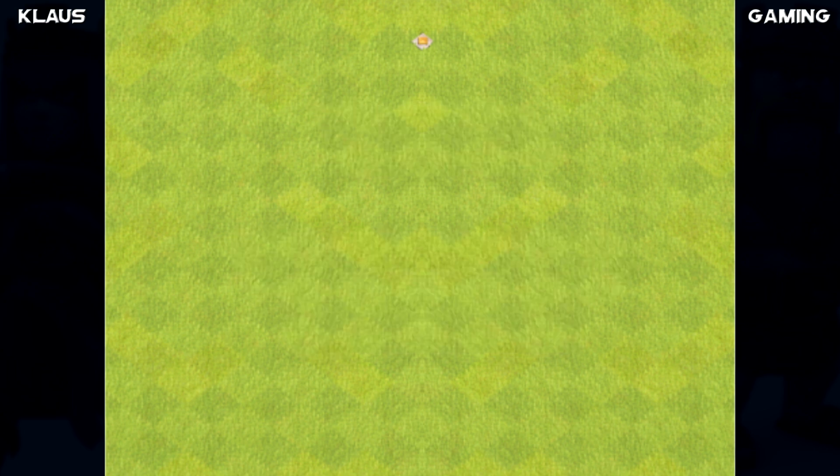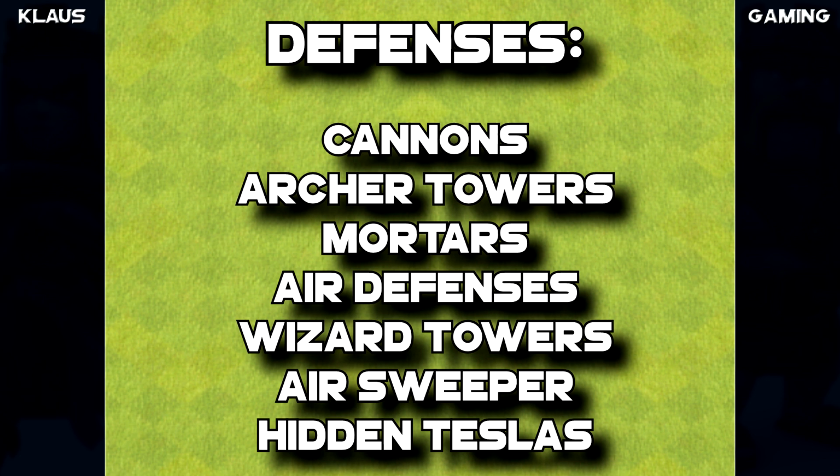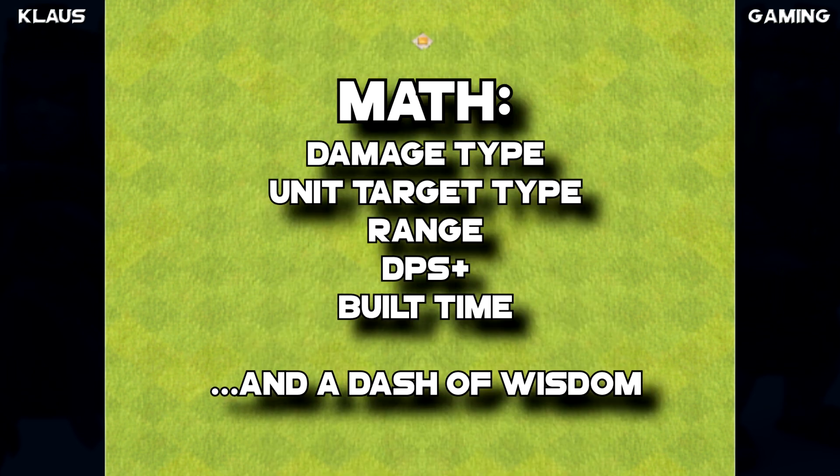Which brings us to our next discussion: defenses. We have cannons, archer towers, mortars, air defenses, wizard towers, air sweepers, and hidden Teslas. Though the air sweeper does not do damage, its push rating was converted to damage per second percentage for fair comparison. Using mathematical analysis comparing these by damage type, unit target type, range, damage per second increase, and build time,